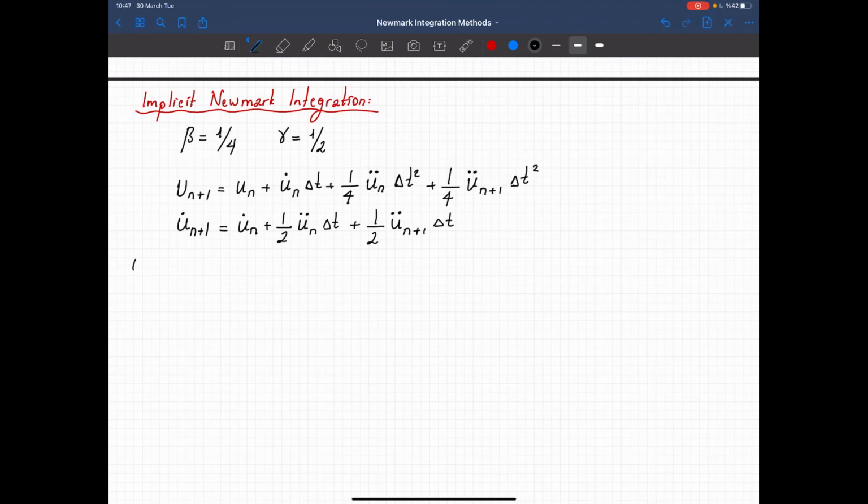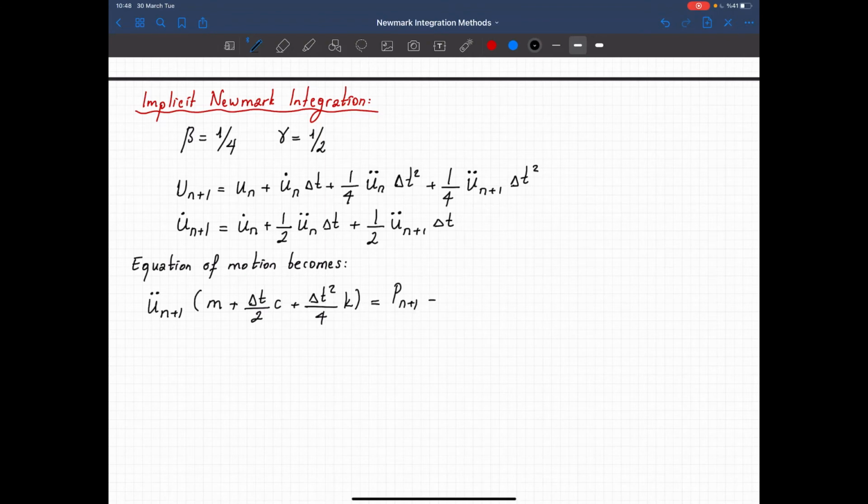And in that case, the equation of motion, the acceleration u double dot n plus 1, multiplied by m plus delta t over 2 c plus delta t squared over 4 k is equal to p n plus 1 minus c times u dot n plus k times u n plus delta t